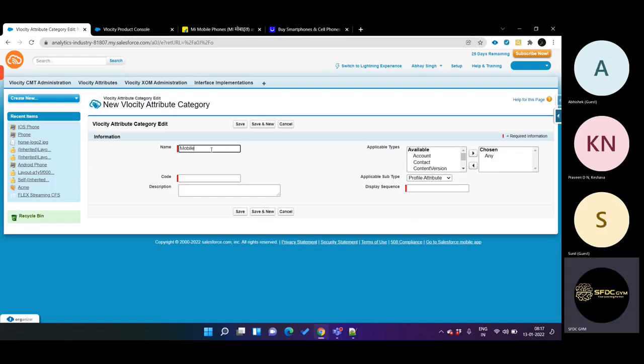Or any specific thing you want to define, you can write it here. Mobile 4G or 5G, right? Is anything you can give here. Now this is the application type. That means